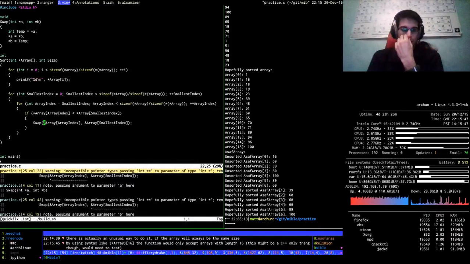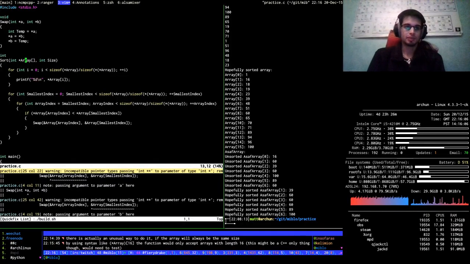Lazy syntax like pointers row 16, the function will accept a row of length 16. Right. Interesting. Yeah, I mean I wouldn't, yeah, and then you just don't bother with the size, presumably. It's weird.